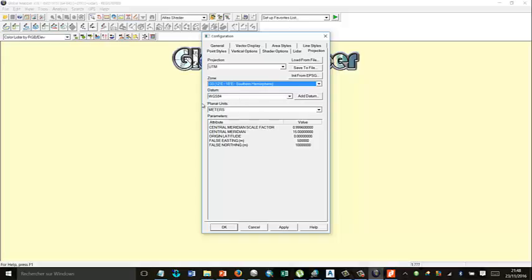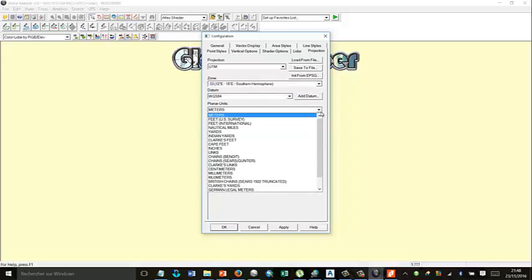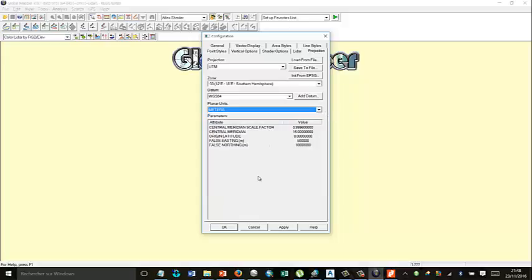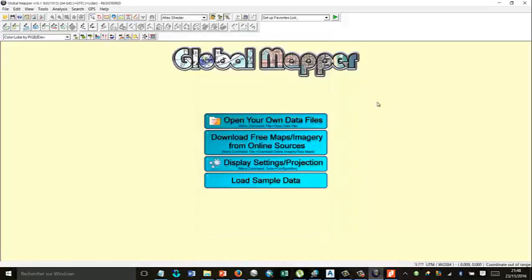Okay, WGS. We can put in meter or kilometer, so let's put in meter. So we apply and hit OK. Then after putting all the information in the configuration, you need to go here to download free